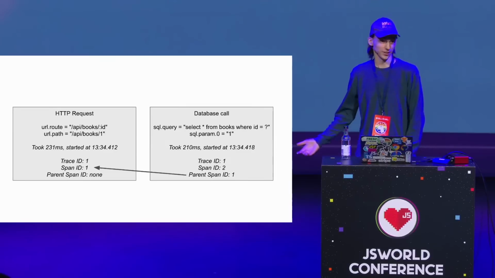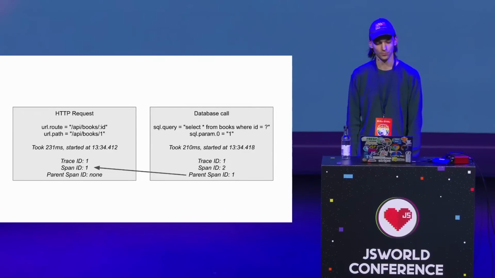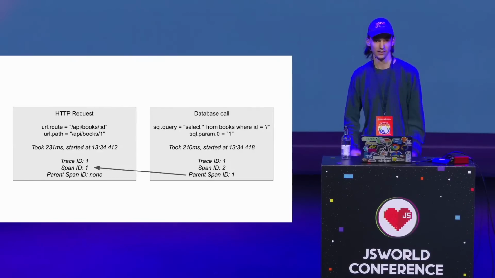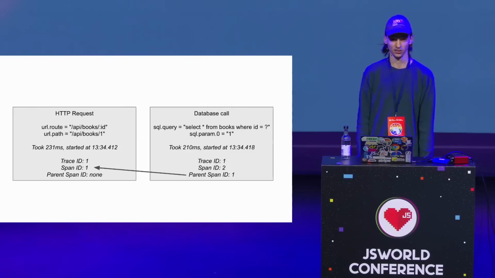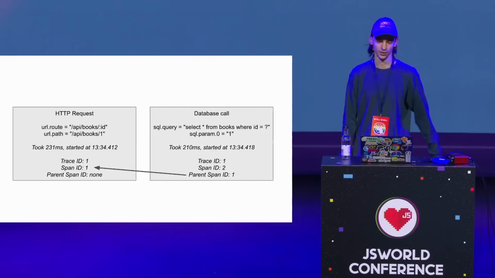If you're more visual, this is what that looks like. I have two spans here, the HTTP request and the database call. They both have some attributes. The HTTP request, for example, tracks what path the user hit, and it tracks how long it took. It has the trace ID. It has a span ID. A span ID is, within the trace, the order of operations of the